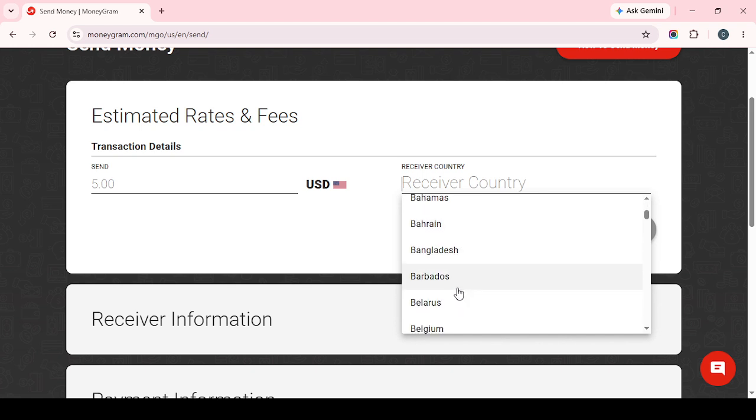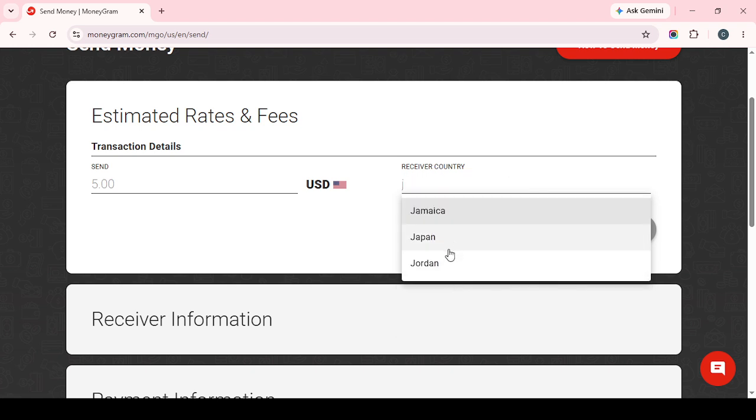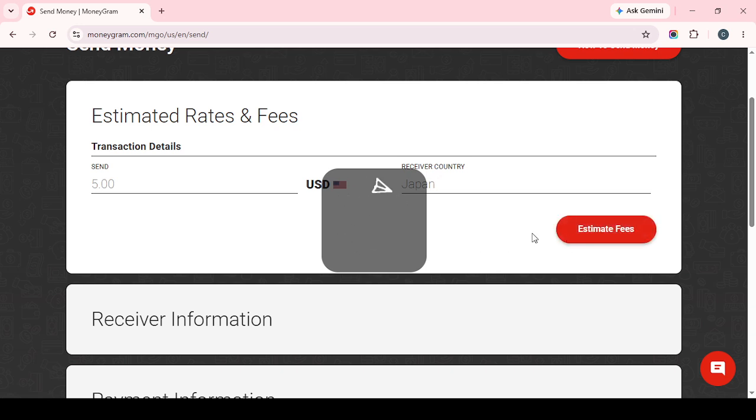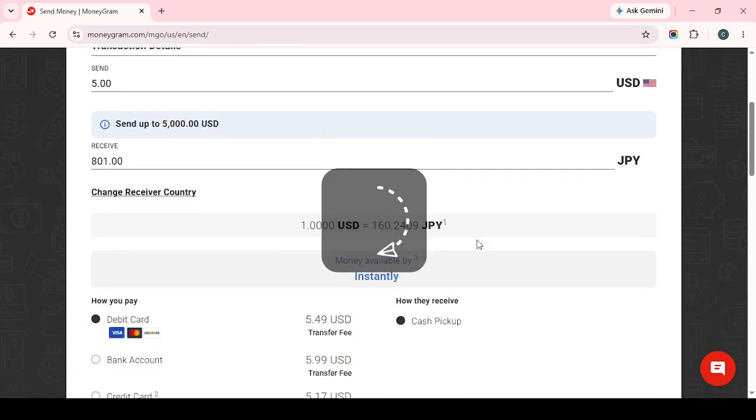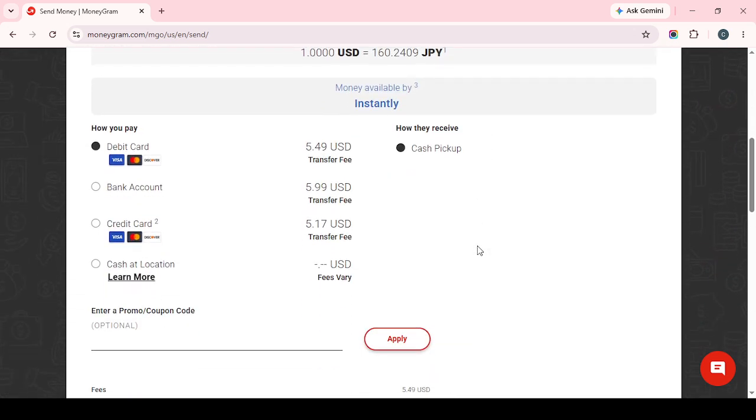This tells MoneyGram that you want to fund the transfer using your card rather than another available option. Depending on the setup of your account and region, you may be asked to provide your card details and billing information at this stage. Be sure everything is entered exactly as it appears on your card and billing records to